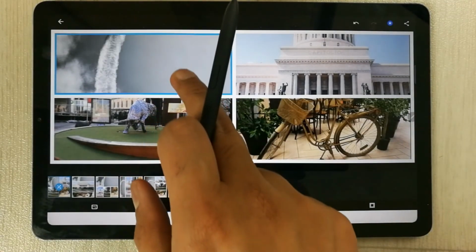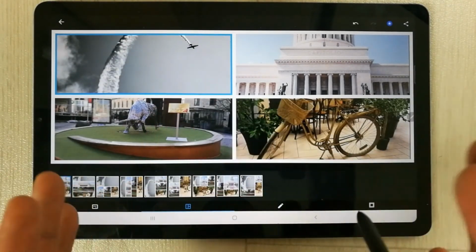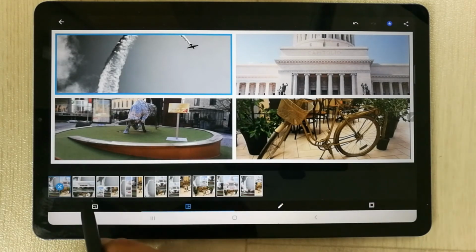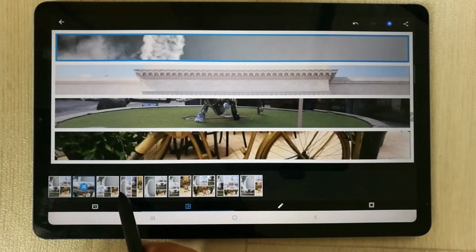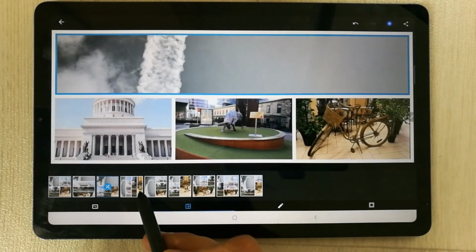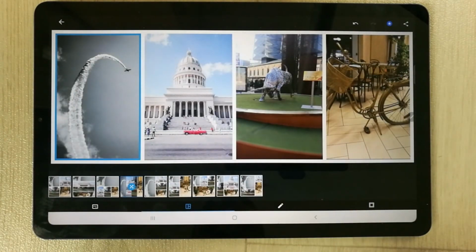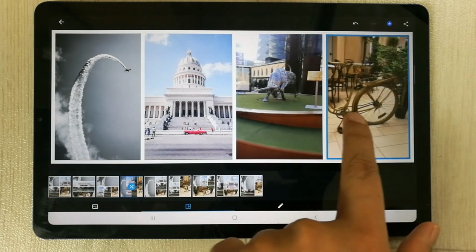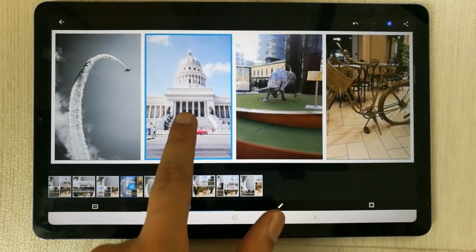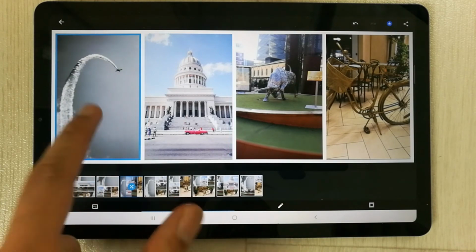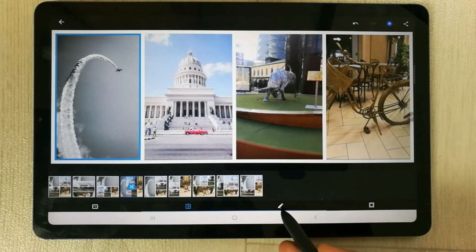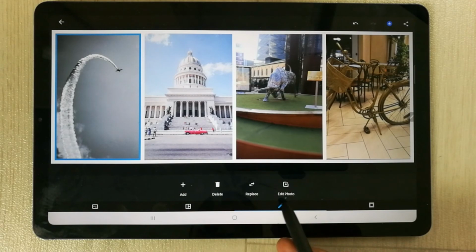So you can see over here, there are 4 different photos that make a collage, and then it gives you different options in the downside. For example, like this one, there are different styles available basically. You can make it like this, and then you can also align the photo according to your needs, like this one. You can change the photo as well. And if you want to edit, there is also an editing option. You just select this pen over here, and it gives you the option of edit photo.